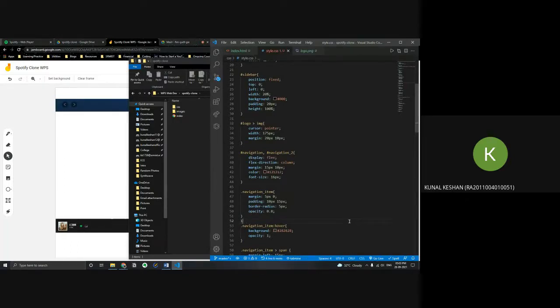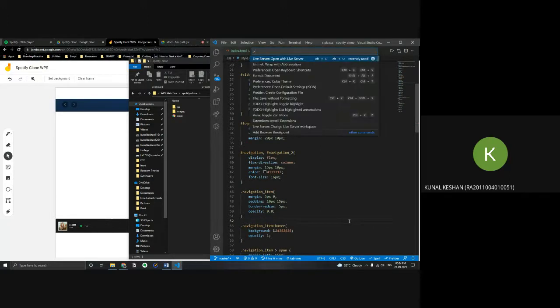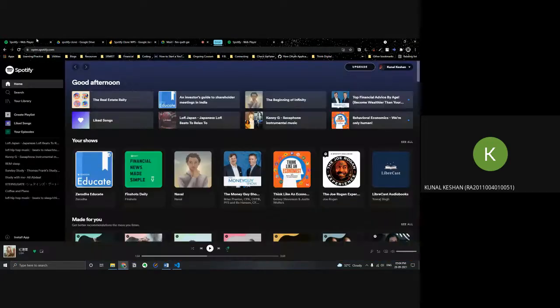We built this sidebar last time at the ending. Today we'll be building this navbar over here, this navbar and the bottom music player. Any doubts with how we built the sidebar?